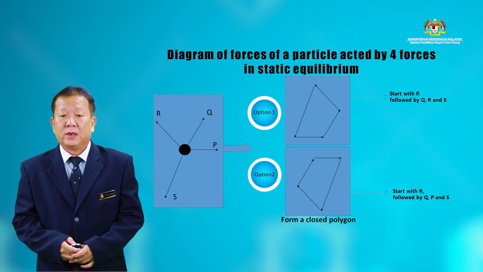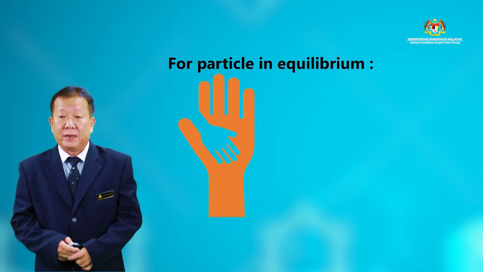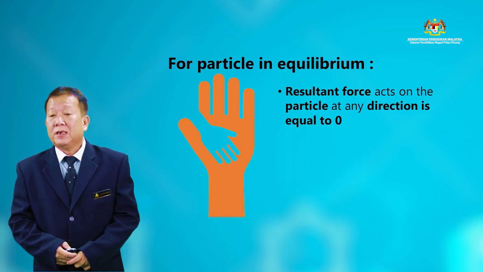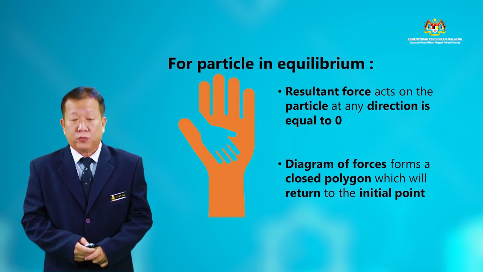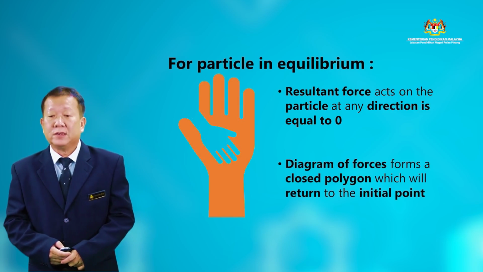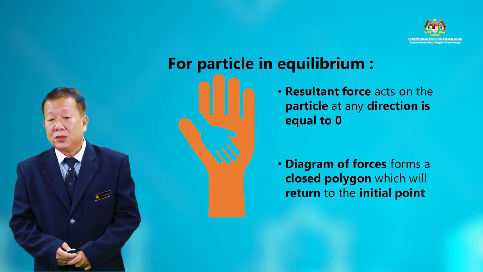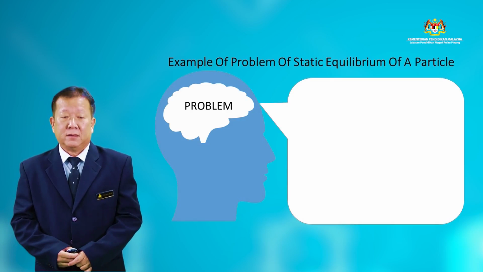So, we can conclude that a particle in static equilibrium is a particle where the resultant force acting in any direction is equal to 0. If the diagram of forces is drawn, it will form a closed polygon which will return to its initial position. Next,